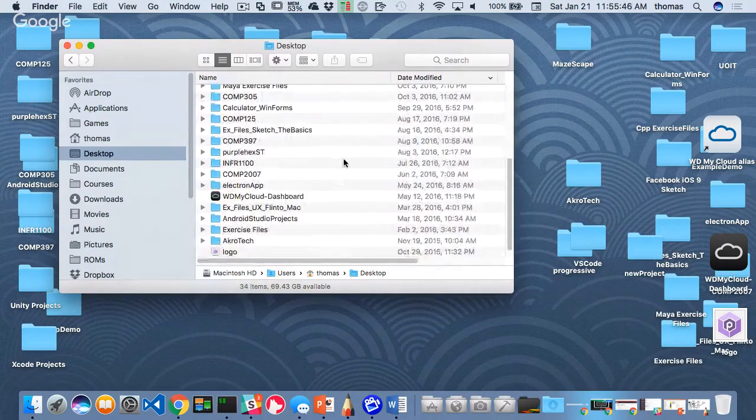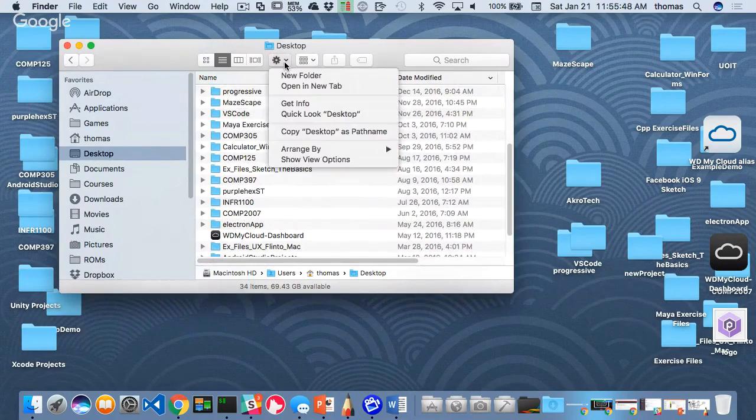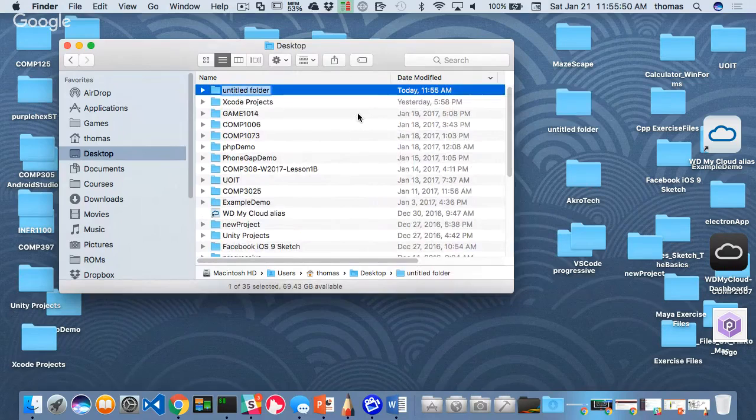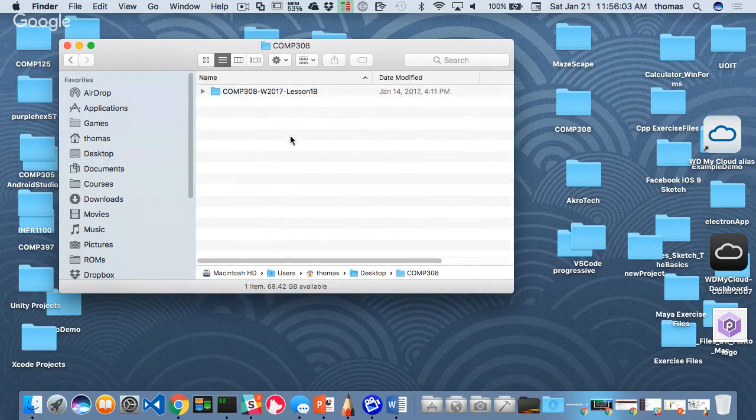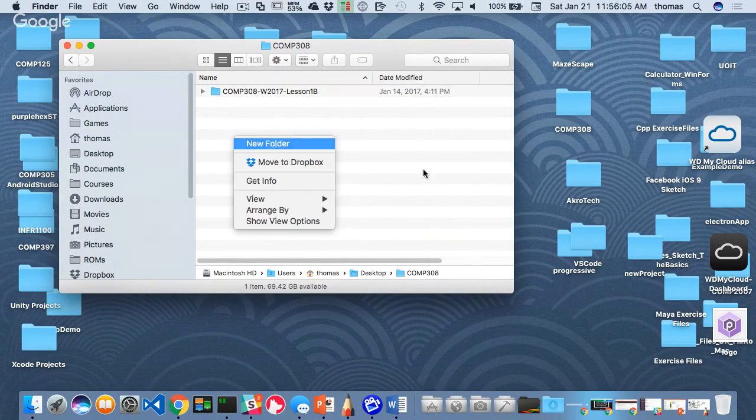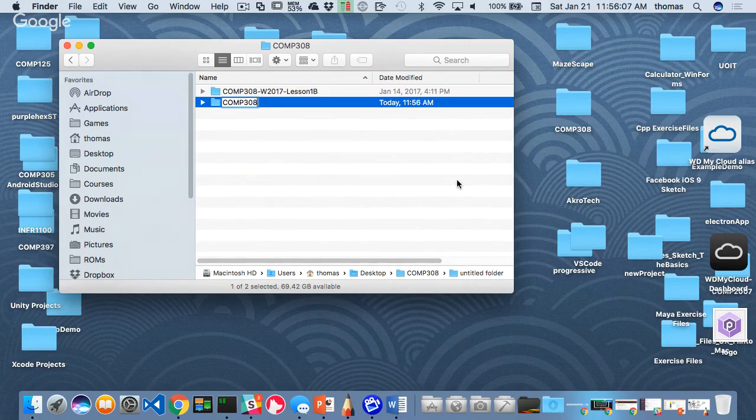You can do that with Windows or Mac, not a problem. So I'm going to make a new folder. It's the same, by the way, COMP308. I'm going to put my last week's stuff inside there. So I'm just going to put that in there. There we go. And inside my COMP308 folder, I want to make a new lesson, right? So I'm going to go new folder, COMP308, W2017,